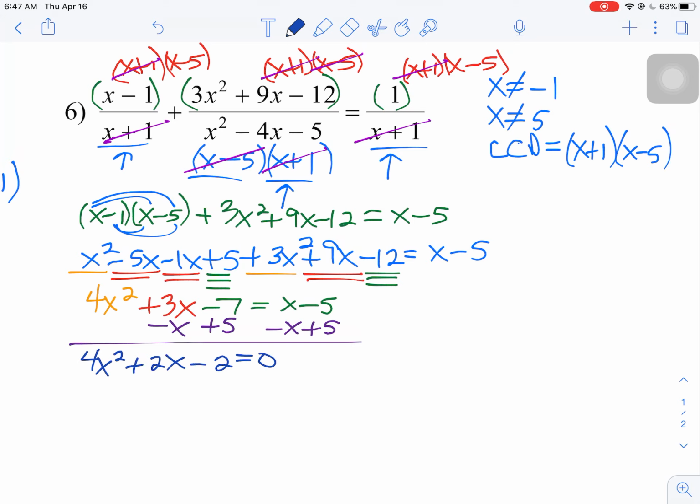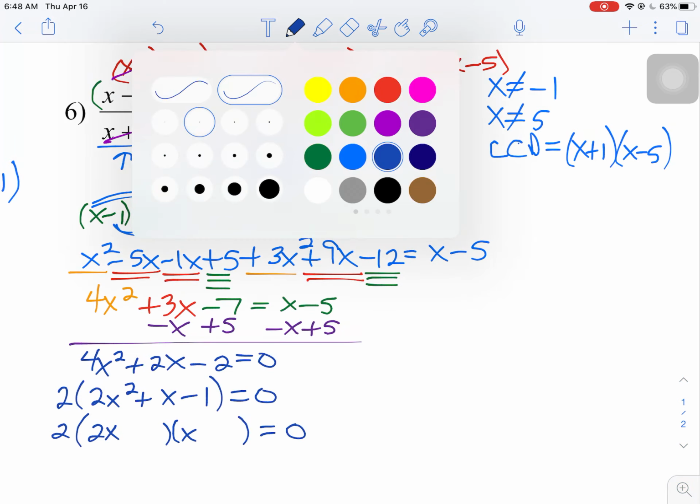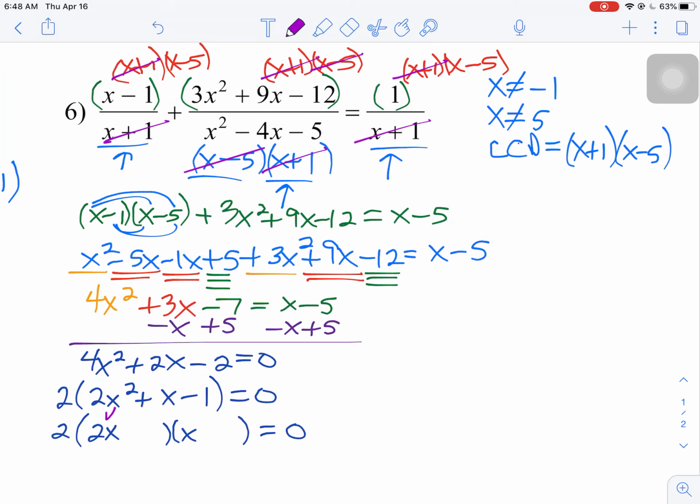And then it looks like there's a GCF of 2. So I want to divide a 2 out of everything because there's a greatest common factor of 2. And then as far as our leftovers in the parentheses, you could do advanced factoring or you could do guess and check. Since the numbers are so small, we might be able to get away with guess and check fairly easily. So if I'm doing guess and check, I took that 2x squared and I split it into